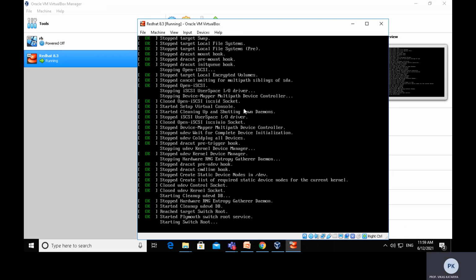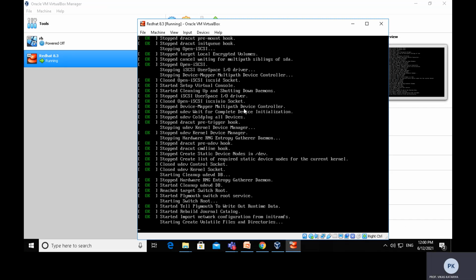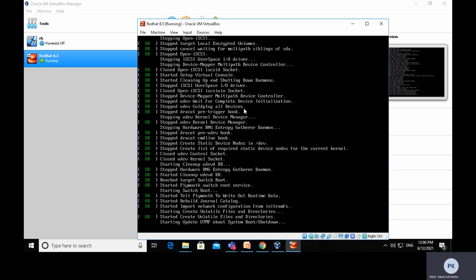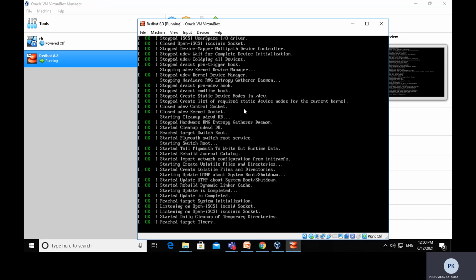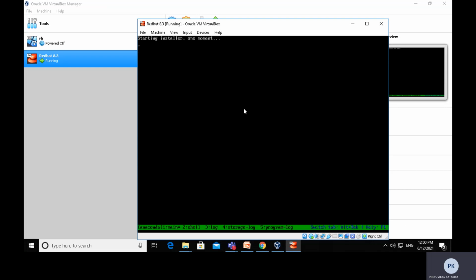So we have started installation of Red Hat Linux 8.3 in VirtualBox. Just briefing you, we have created a virtual machine first. We have assigned the memory size and the size of the hard disk to our virtual machine. We provided the name of our operating system, the type of operating system, and the size as per the bit. That is, if you are using Windows 10, it is a 64-bit operating system. Similarly, Red Hat 8.3 is also a 64-bit operating system.